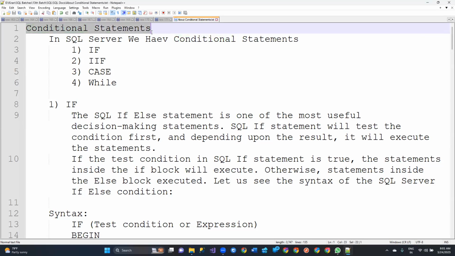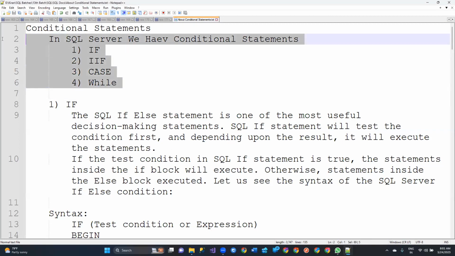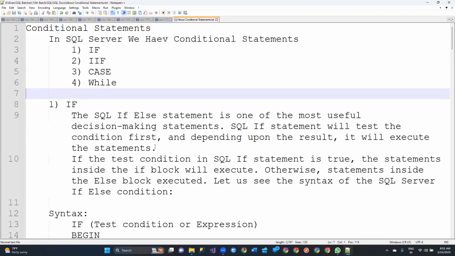So today, we are going to discuss the conditional statements. Okay, conditional statements. So, what do you mean by the conditional statements, and how many types are there? Conditional statements mean that if you want to satisfy the logic, sometimes you're supposed to write conditional statements like